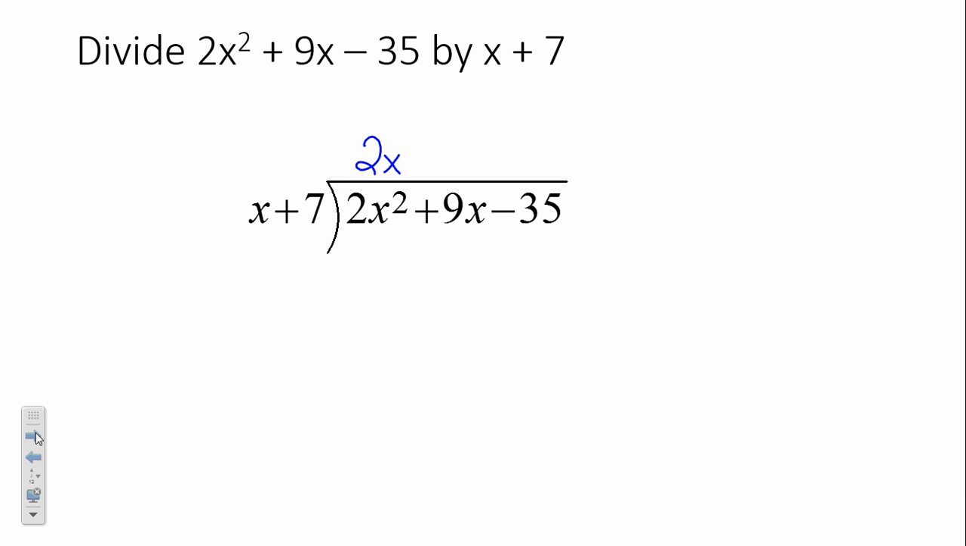Now what? What do you think, Jordan? What do we do next? Good. X by 2x gets me 2x squared. Now what? Yep. We have to do the 7 times 2x as well. So both of these guys get multiplied by 2x. So 7 times 2x is,